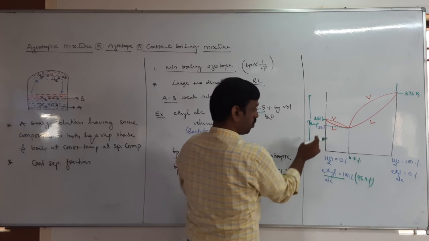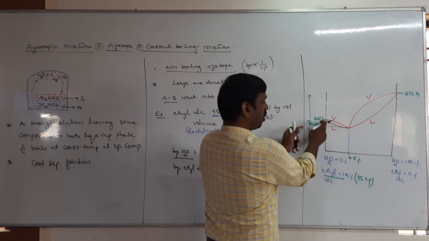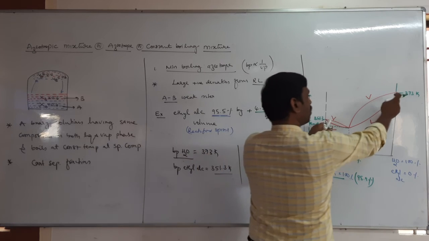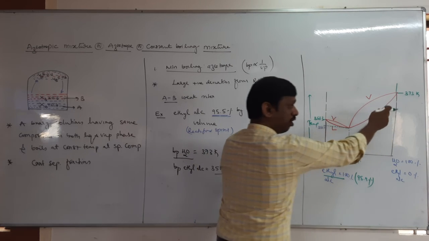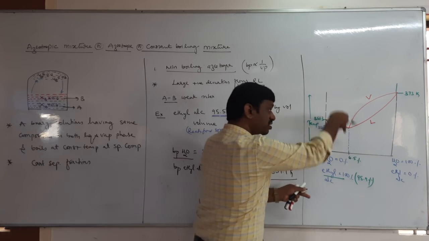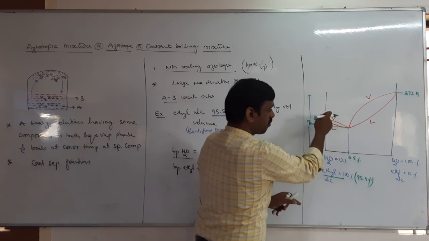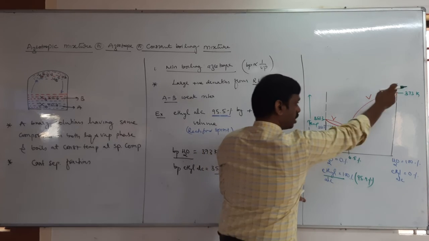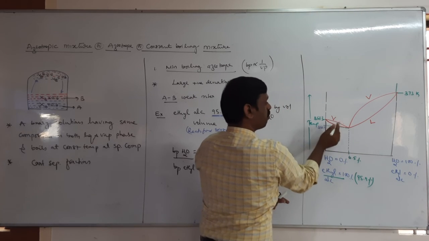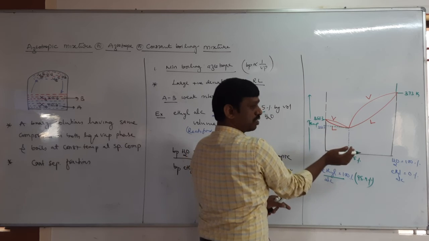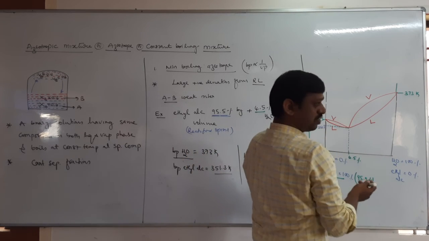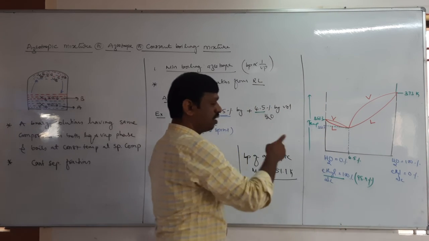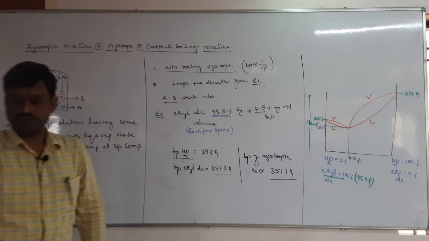Okay. So the boiling point of alcohol is high, the boiling point of water is high. When these two are added, the boiling point decreases. Therefore, the graph comes down, and this side also comes down. So we will get two graphs. One is the vapor phase, the other is the liquid phase. Vapor phase is of course more than the liquid phase. That we know. It is a minimum boiling azeotrope.